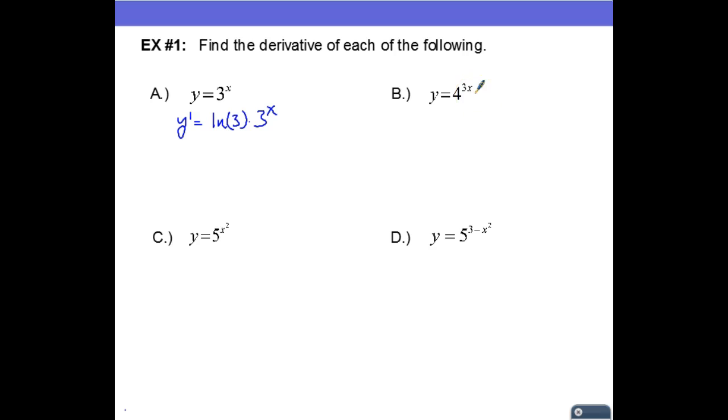In this example, it might be helpful to first rewrite y. Since 4 is already a power of the base 2, it's 2 to the second power, I can rewrite this as 2 squared to the 3x power. And then applying my power rule, we have 2 to the 2 times 3x,